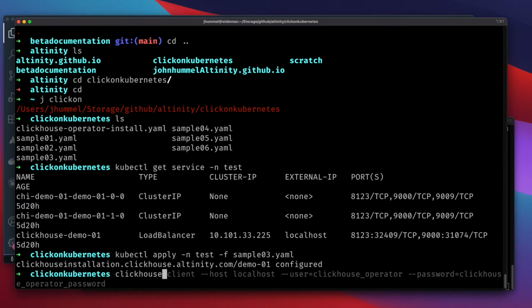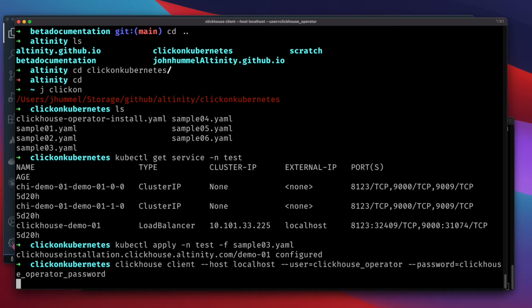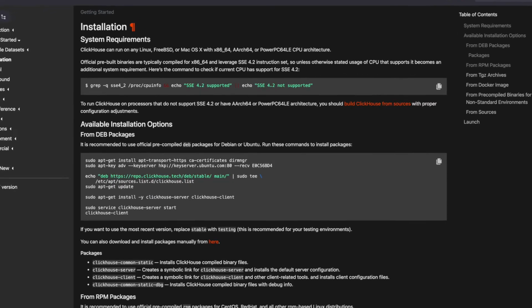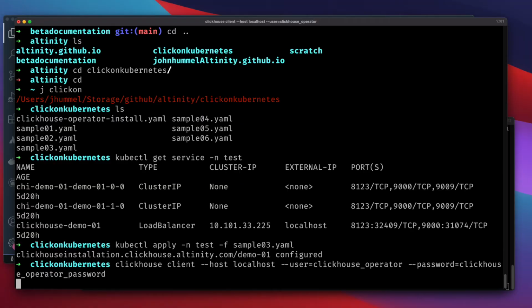If you followed our other videos, we can now connect directly to our ClickHouse database through the load balancer's public IP address. We're going to use the ClickHouse client command line application. As a reminder, we're running on OS X, so we're using the binary built version of the ClickHouse client, so the commands are slightly different. Full details on how to use the ClickHouse client are available on clickhouse.tech.